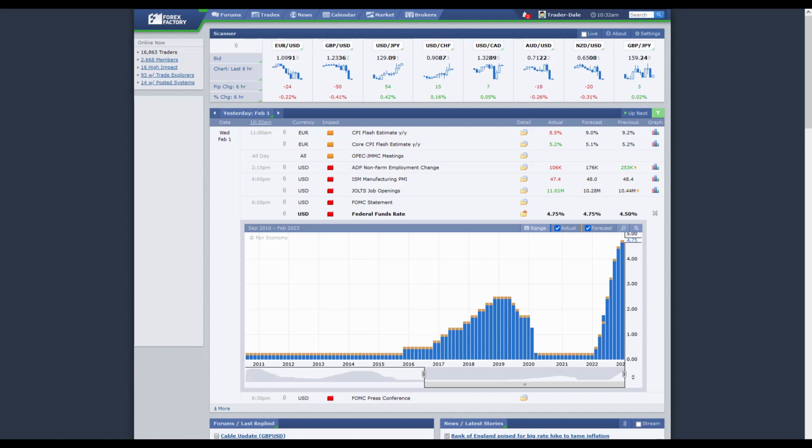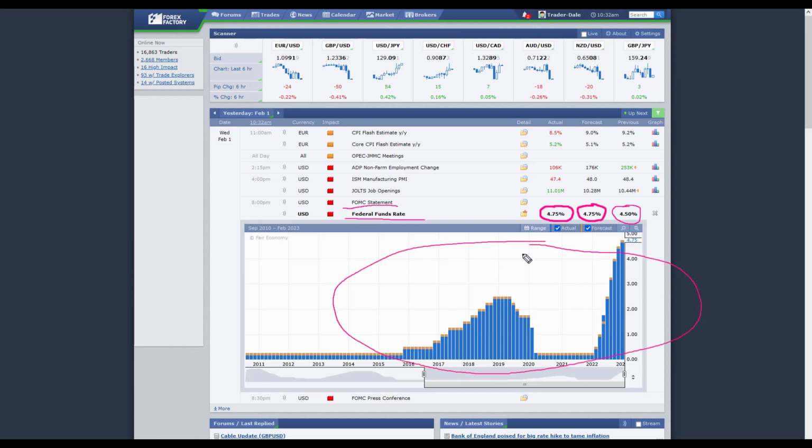Today I'm going to talk about ES, which is futures for the Standard & Poor's Index 500. Yesterday there was a very significant macro news. It was the FOMC statement where Fed announced their federal fund rate. It was expected to be 4.75, so that was in line with what the Fed announced. The previous number was 4.50, so there was an increase in the federal funds rate, but as you can see